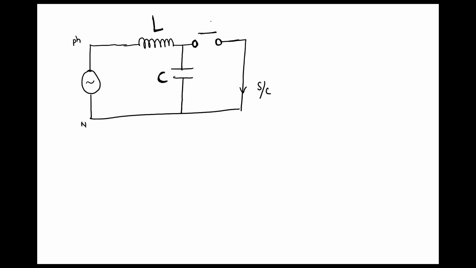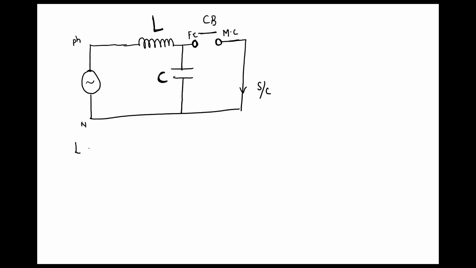Okay. This is the circuit breaker. This is the fixed contact, and this fellow is the moving contact. Here it is the short circuit. So we are only taking one pole of the circuit breaker. Like this, there will be three poles: R phase, Y phase, and B phase poles.